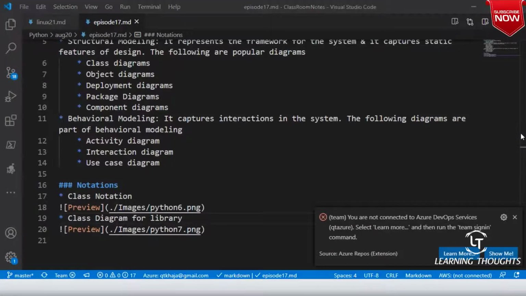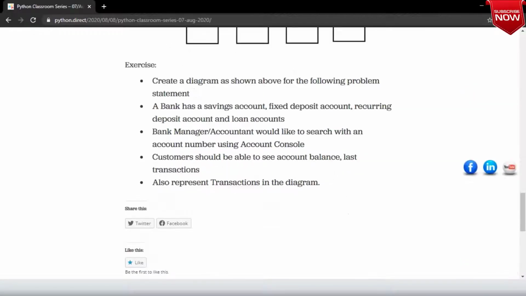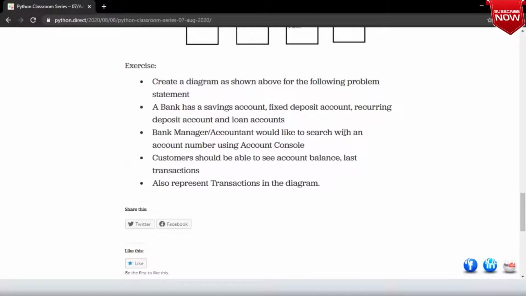Now, okay, so in the last class I've asked you to basically create a class diagram for this. A bank has a savings account, fixed deposit account, recurring deposit account, loan account, right? And a bank manager or account will search it in account console, and customers will be able to see the account balance and all of that stuff, right?